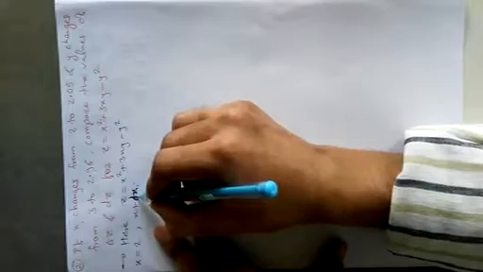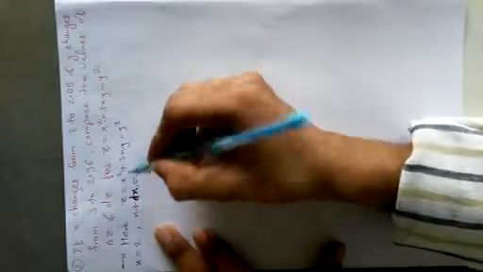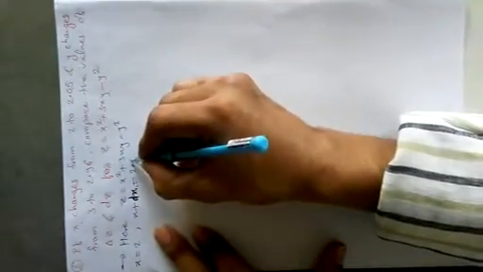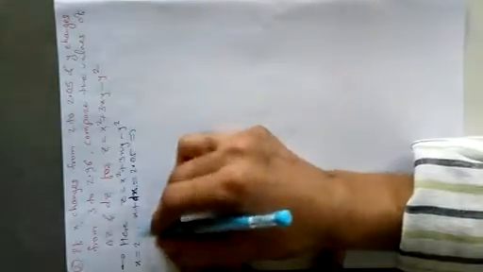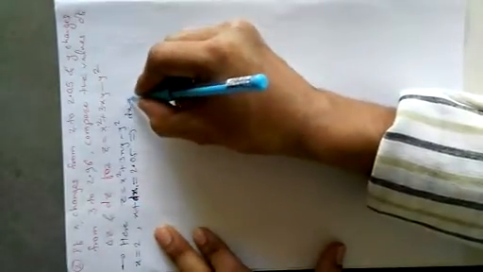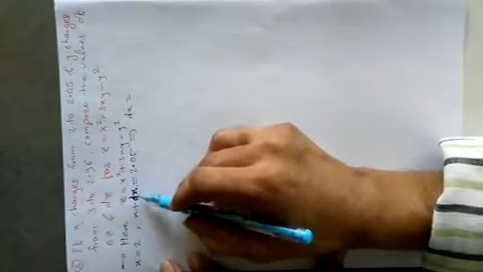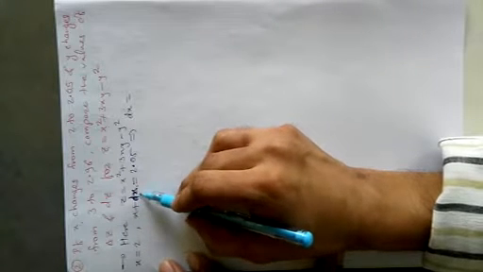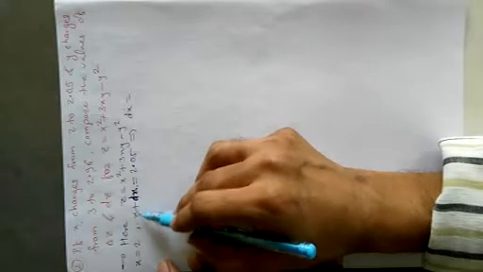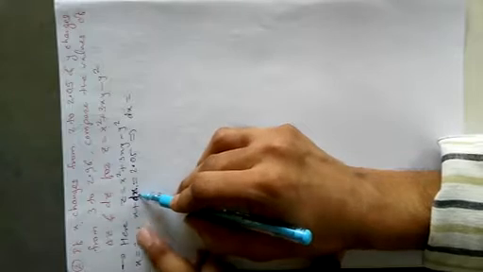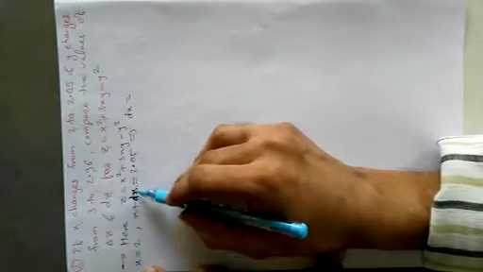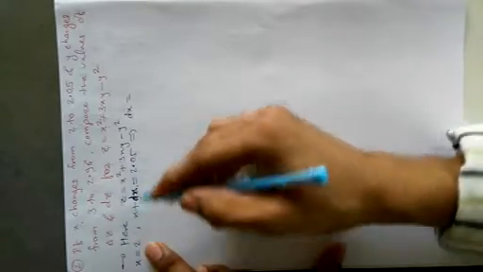We will write here x plus dx is equal to 2.05. Using both these quantities we will find dx: we have to subtract x from x plus dx. That means x plus dx minus x gives the value of dx. 2.05 minus 2 will be